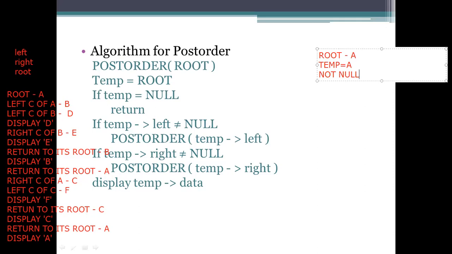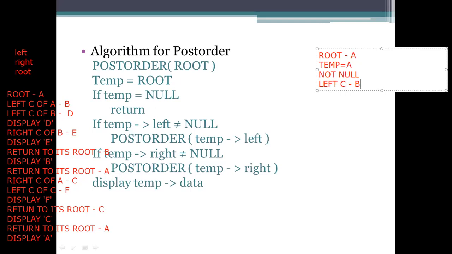If not, what happens here is, it is not. What it is doing is, it will proceed to the next statement. Temp is not equal to null. Then what happens here? We need to see whether the temp left side is null or not. Okay. So here the temp left side has been specified. So the temp left side is not null. It is having children. What is the temp left side here? The temp left side is A's first one, the left child. Left child is